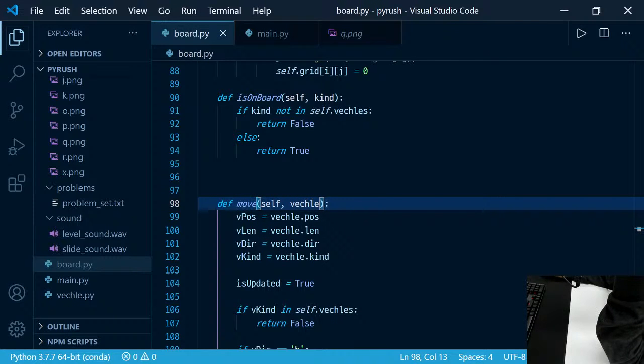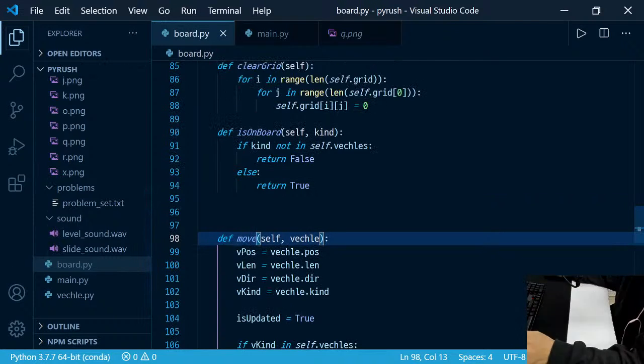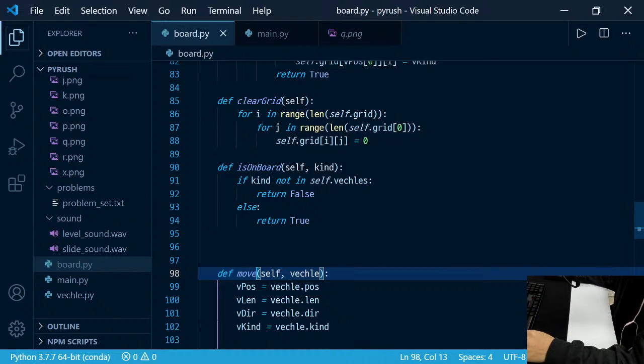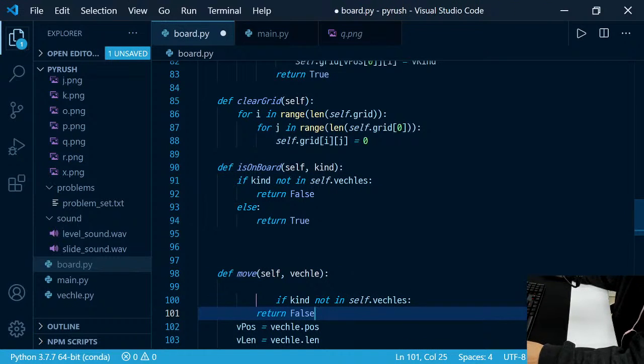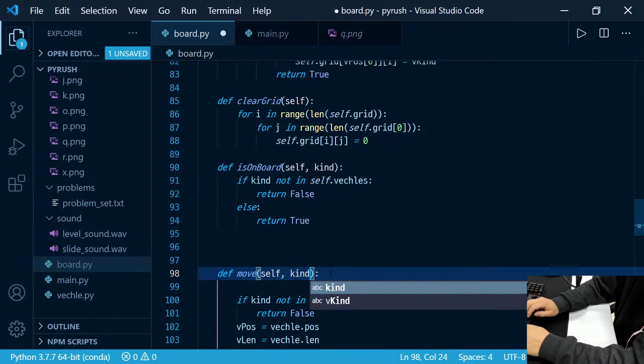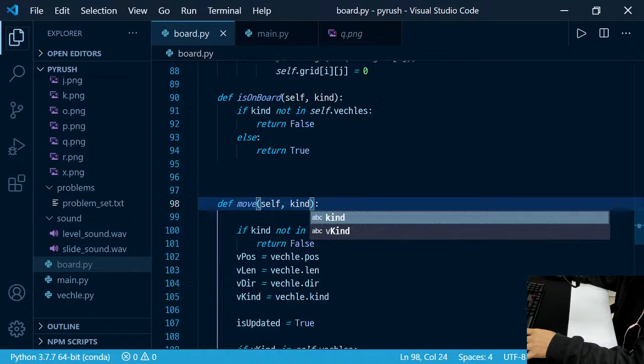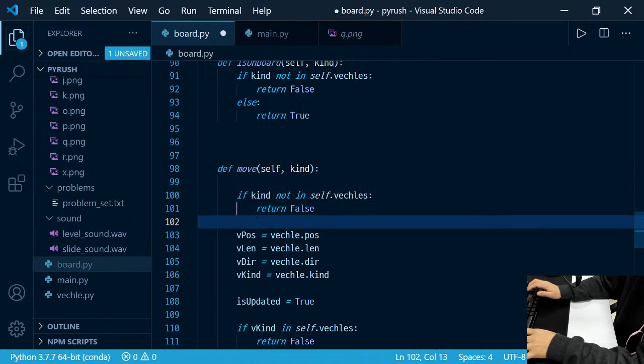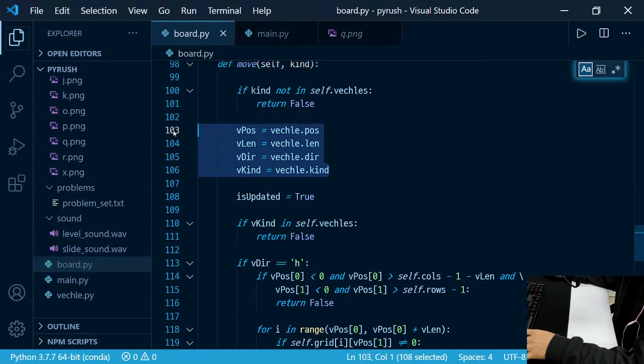But for safety reason, I should include this again. And it has kind, yeah, same. But for this time, using this 4 different information,